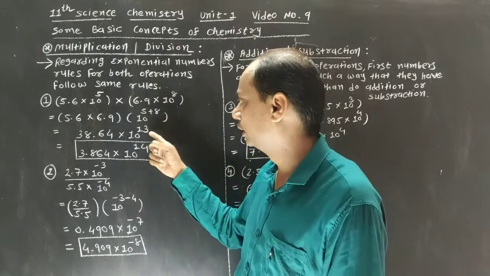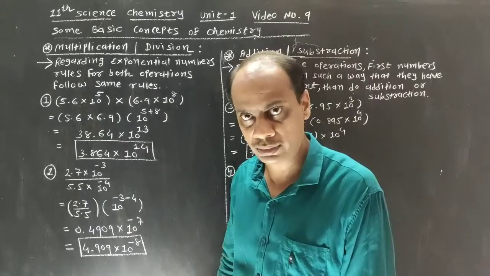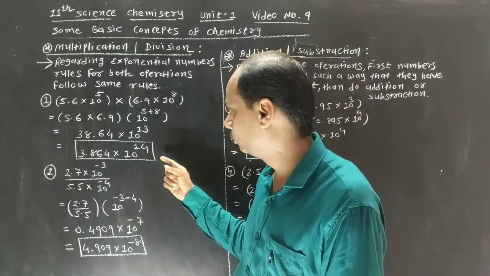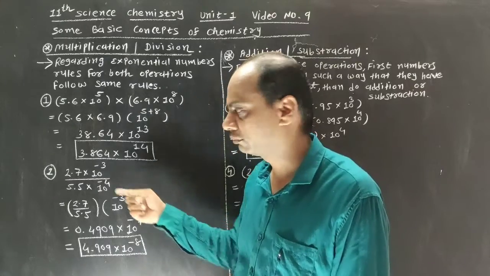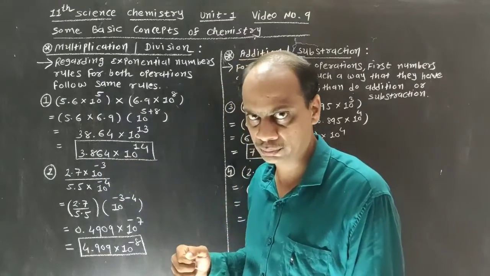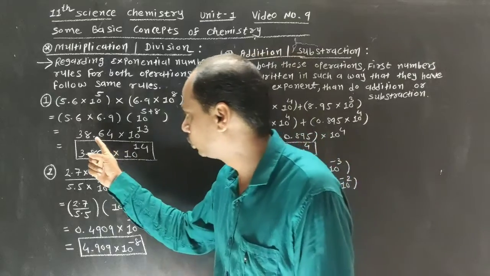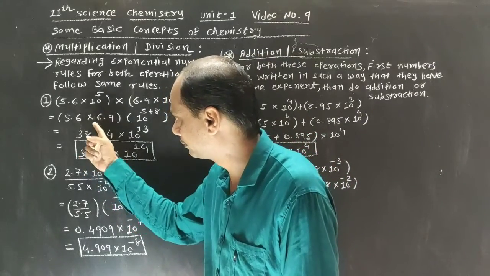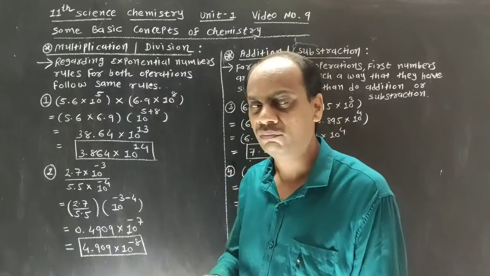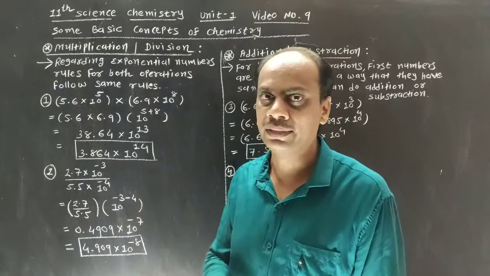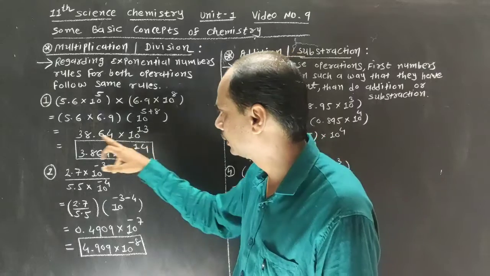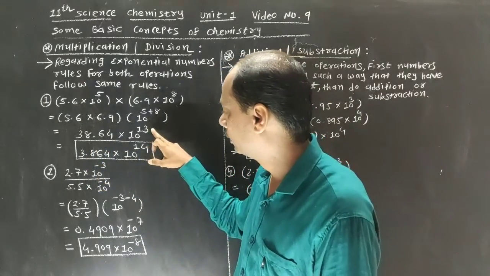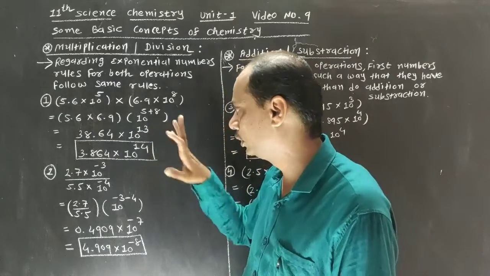Now 5 plus 8 gives 13. You can also leave the answer like this, but if you would like to convert it, you have to move the decimal one place from right to left, which will increase the power by 1. Means 38.64 becomes 3.864,